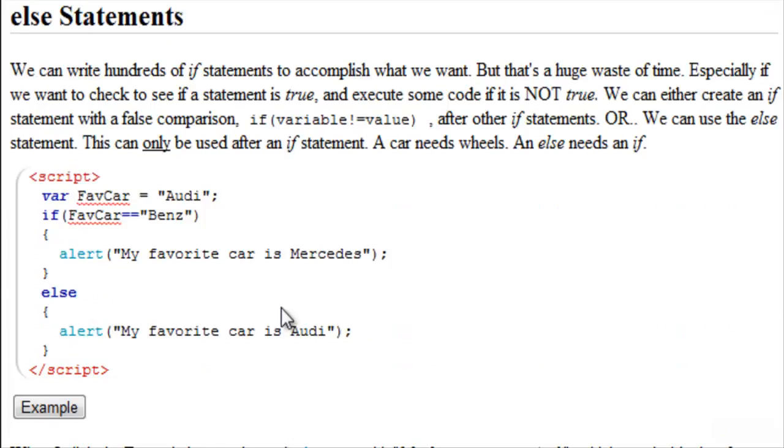Now, one more thing before we go on to the next class is the fact that I've been writing these a little bit more spaced out. You might see other people's code like this. I like to write my code a little bit more compact, but for now it's going to be nice and spaced out. And by spaced out, I mean that all the curly brackets are going to be on their own line. And this is just so it's easier for you to look at what's going on and identify with what's going on. In a few classes, when we get a little bit more familiar with if, else, and else-if statements, and we'll cover that next,